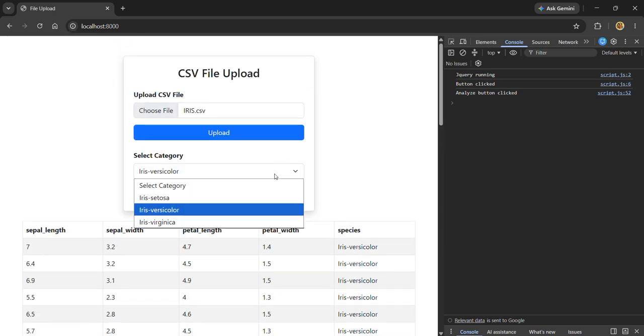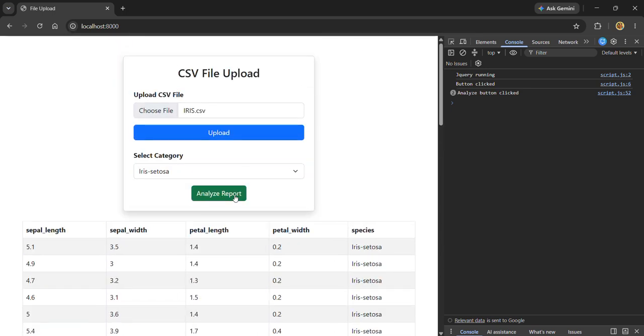And again, if you go for Iris Setosa and analyze report, corresponding Iris Setosa records will come in the form of table. Okay, this much I have done. And in my next part you will see I will implement the pagination part also, and then I will train a model. Okay, train a model, and there is another button, the prediction button. When I predict, dynamically 5 records,